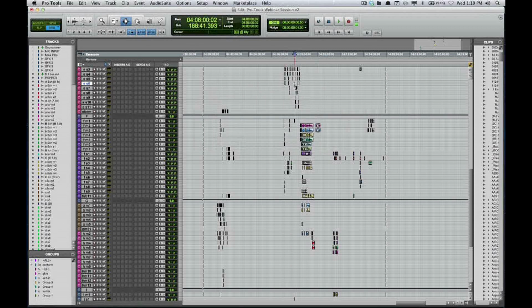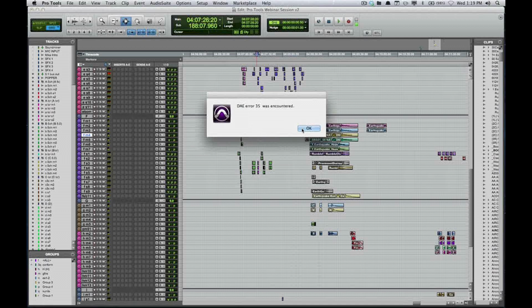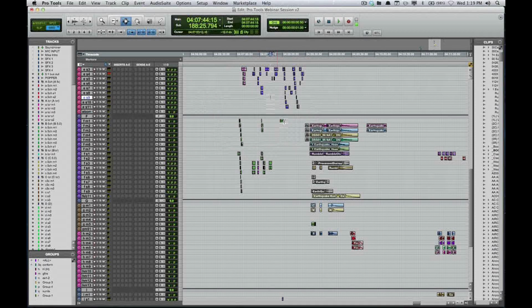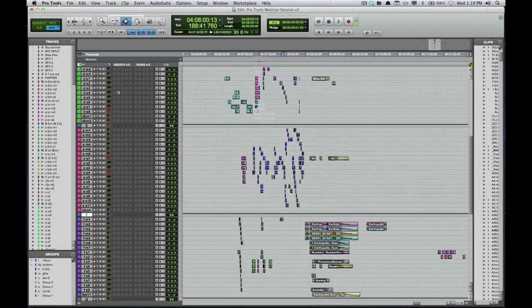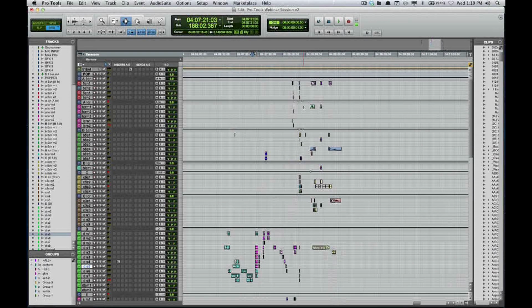This is mostly your explosions, your jets, all that. Oop, little error right there. Hold on real quick. There we go. So plenty of data. And this is actually the first time I've seen this one. Good to know, as I'm getting an error message during a Pro Tools 10 webinar. Awesome. Okay. So this is a very large session. I forget the track count on this.